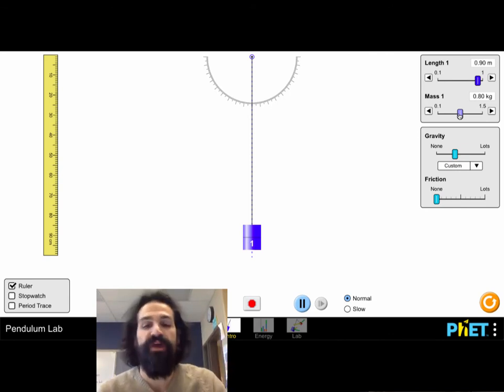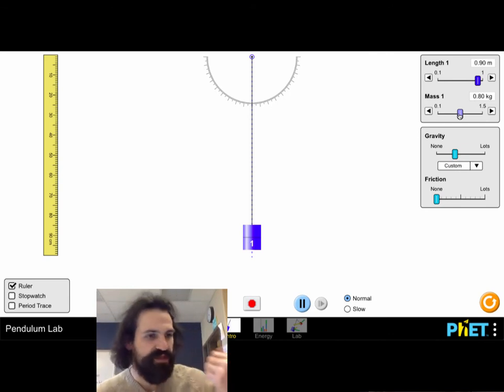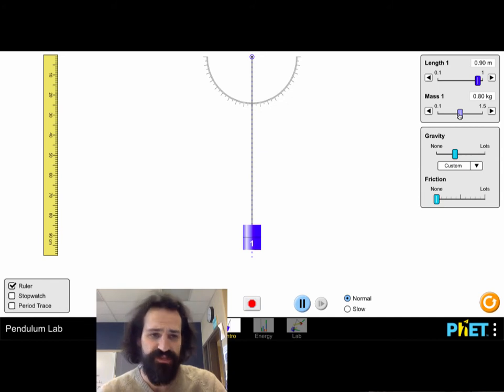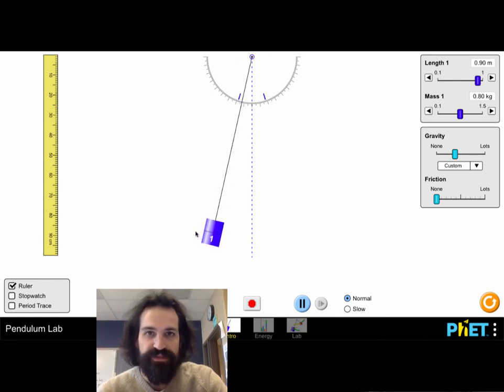But keep in mind, you should only have one variable that you're testing at a time, whether that's mass or length or angle or gravity in the case of the simulation. That is one of the benefits of the simulation, is you can test something that you normally would not be able to test. So feel free to play around with this, get it to work, and angle is actually